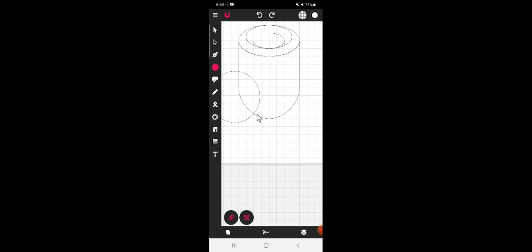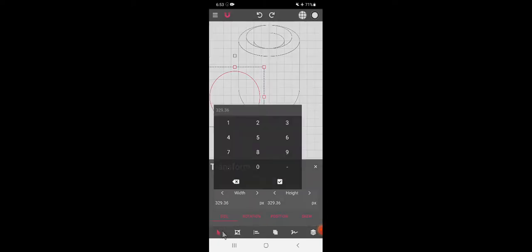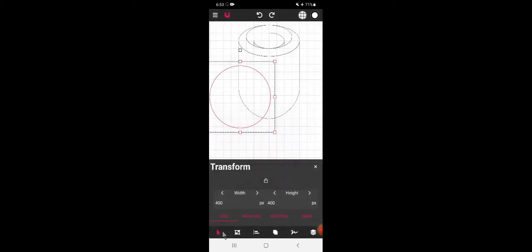If it is not selected, the oval shape is formed. So now let us adjust its size. Go to this size option, size, and make it 400. Remember first oval shape we had made, it was 400 pixels.